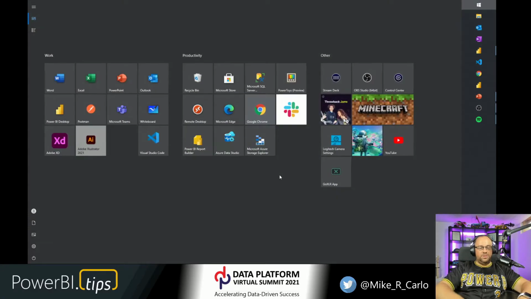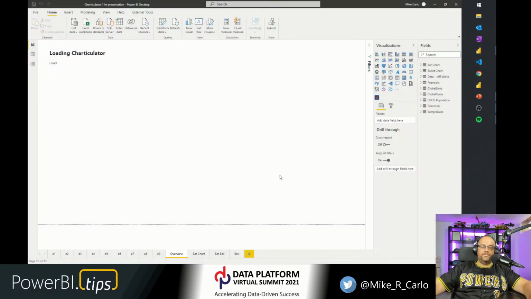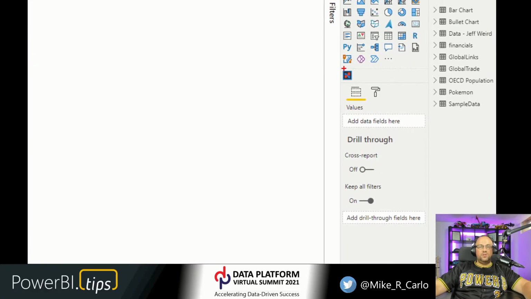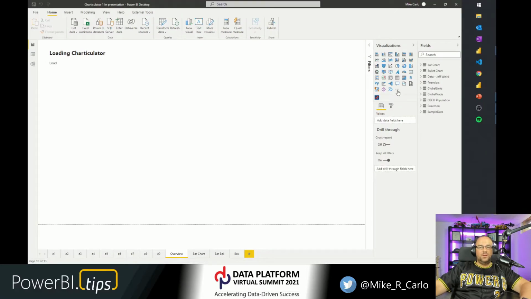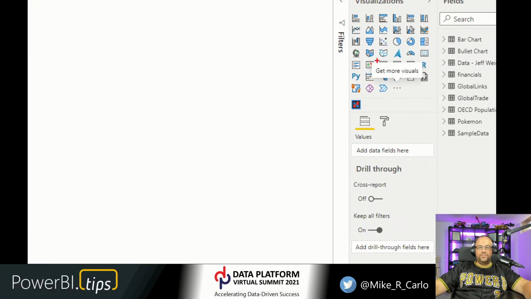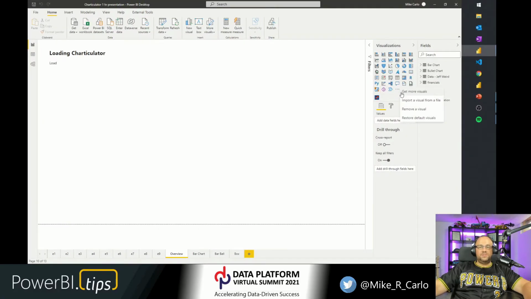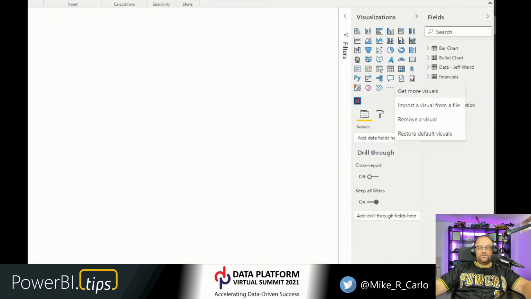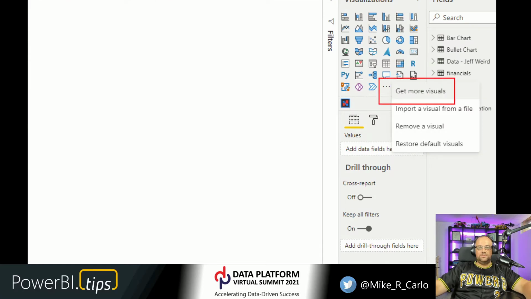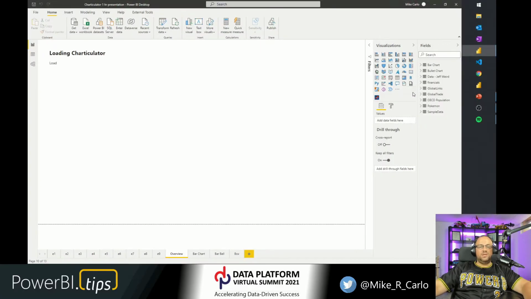Let me put on my Zoom it here. So you'll see over here, I've already loaded this visual. I will reload it again. It's this little blue and red icon over here on the right-hand side. I'm going to reload it again just so you can see how I got it in here. I click on the ellipsis on the far right-hand side. Clicking on the ellipsis, you can go get more visuals, the first item in this drop-down menu. Clicking get more visuals,